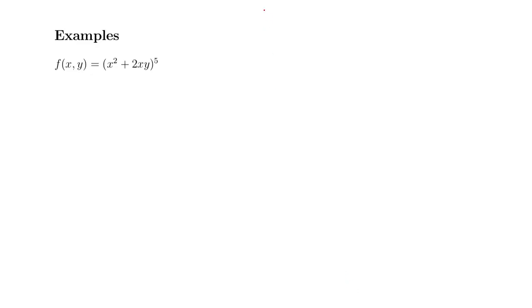We got one more here. I'm going to give you a hint before you stop and do this. There's some chain rule going on. So the outside derivative is going to be the same for both of these things. When you find the partial derivative with regard to x and when you find the partial derivative with regard to y, they're both going to start out identically, where the 5 is going to come out front of the box and we're going to subtract 1. So on both of these, you're going to end up with 5 times your box